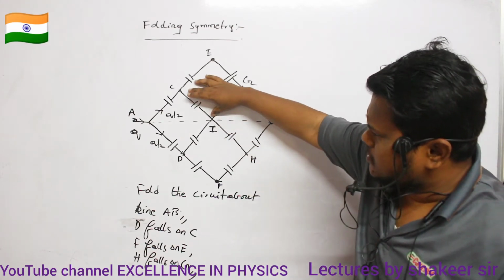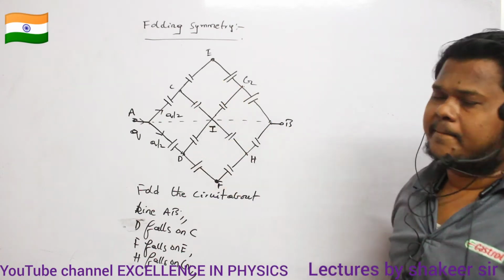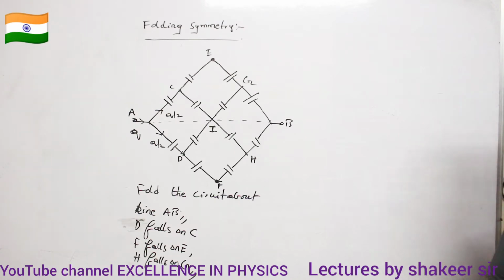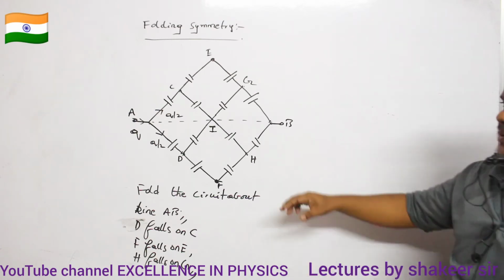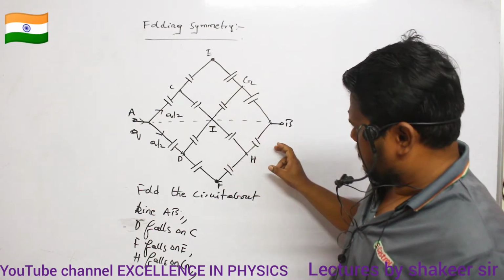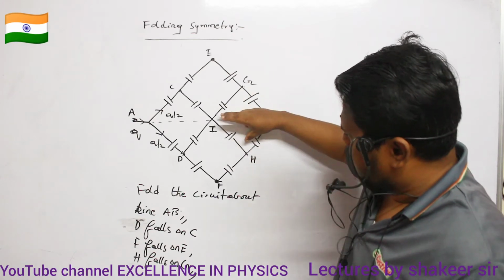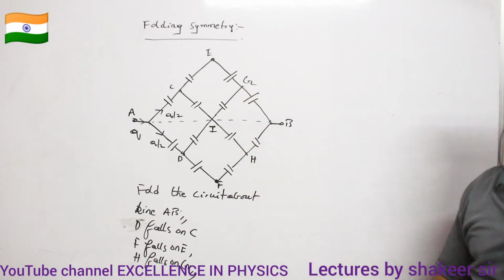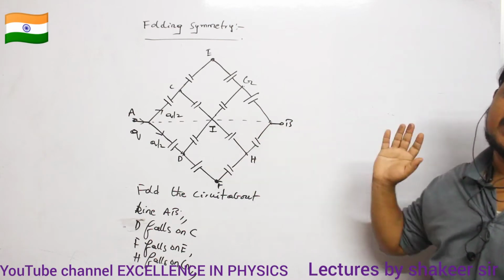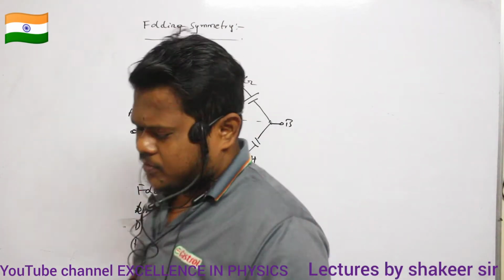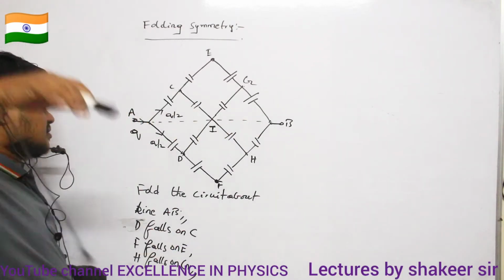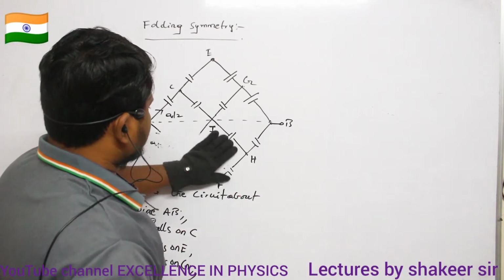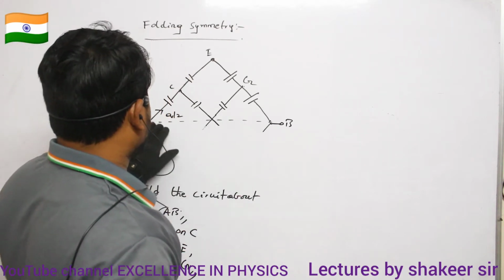What happens to capacitors C and I and D and I? Which capacitors did I say? I and G and I and H. What happens to these capacitors? They will become parallel. Clear, ma? So therefore this total circuit, how I can draw it is like this. So I can remove this total bottom circuit, clear, ma?